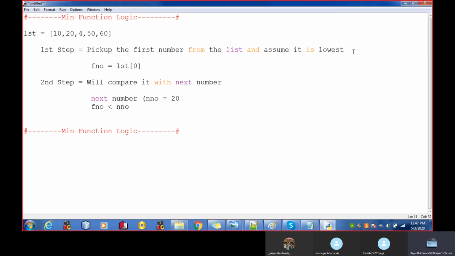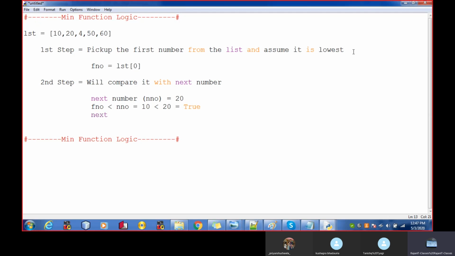It means my 10 is less than 20, means it is true. Okay, so I will move further.